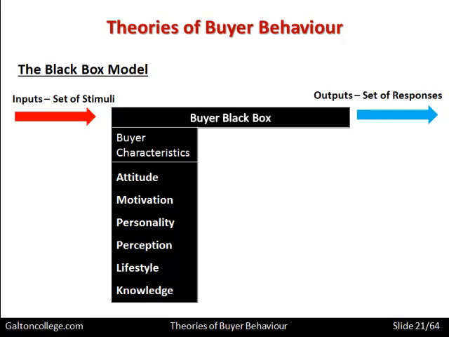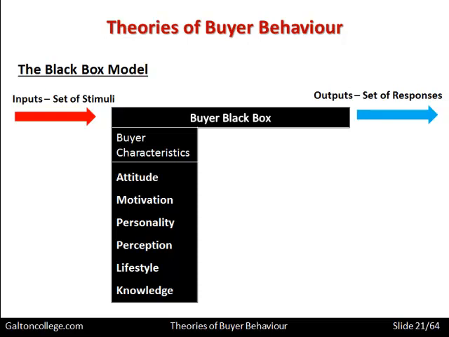We have different types of motivation and personality. We have different perceptions. We see the world differently because of our background, because of our education, family, the society itself, our experiences. We have all sorts of influences in our perception. We have our lifestyle. How do we live our lives? What sort of work do we do, and what are the working conditions? How many hours a week do we work? Where do we live? What are our hobbies? Who do we mix with? And knowledge. What do we have as a reservoir of knowledge in our heads? What's our background? What's our accumulated experiences and learning? And what do we know?